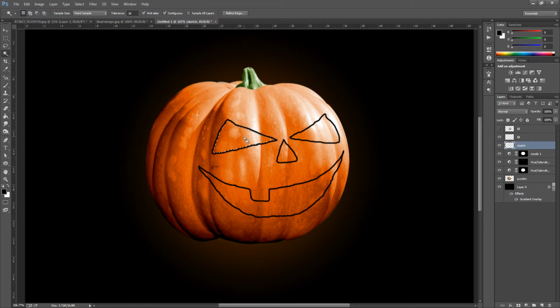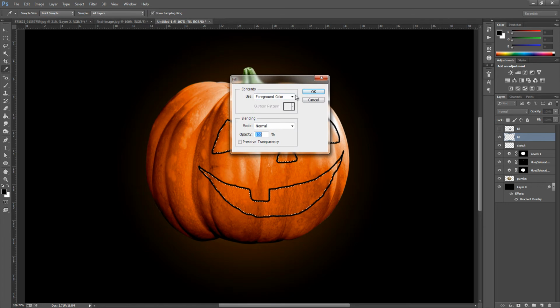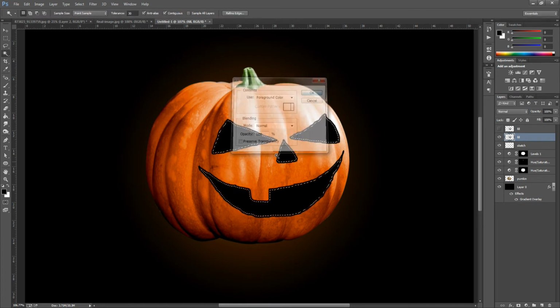So hold down shift on your keyboard and go and do the rest, and we have all the selections. Go back up to the fill layer, go to edit, make sure you've got black as your foreground colour, go to fill, foreground colour, click OK, and we have black filled. So Control and D to deselect, or Command and D if you have a Mac.